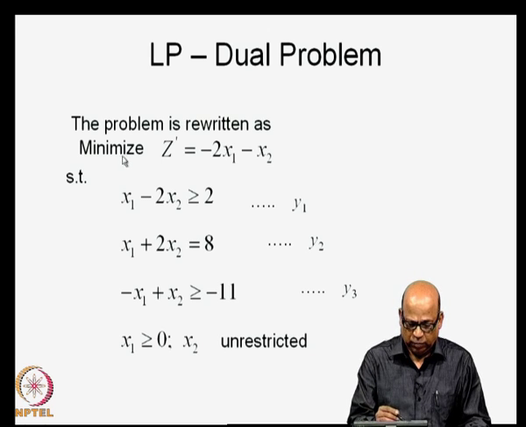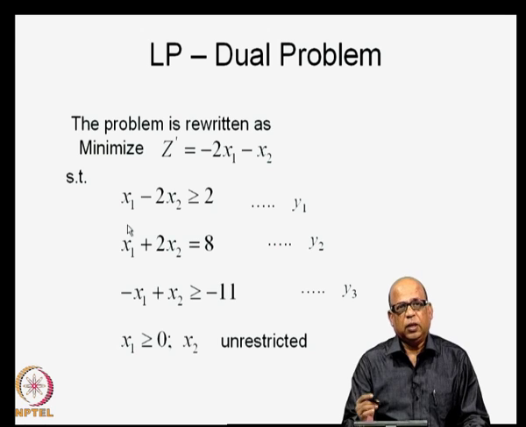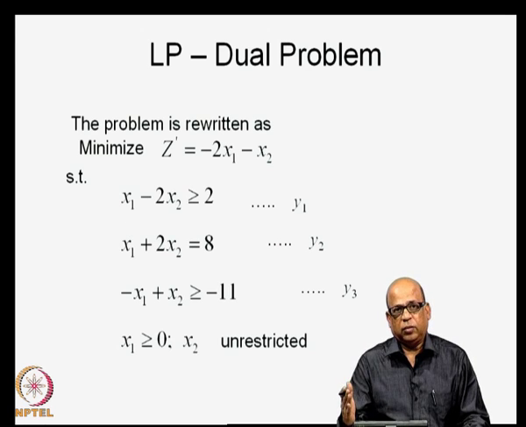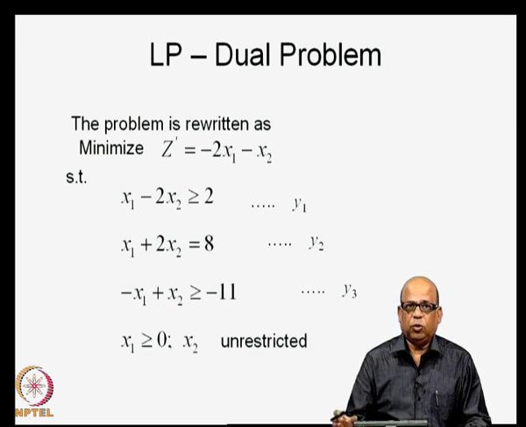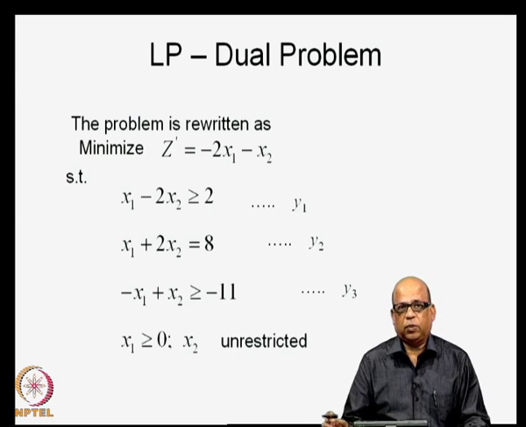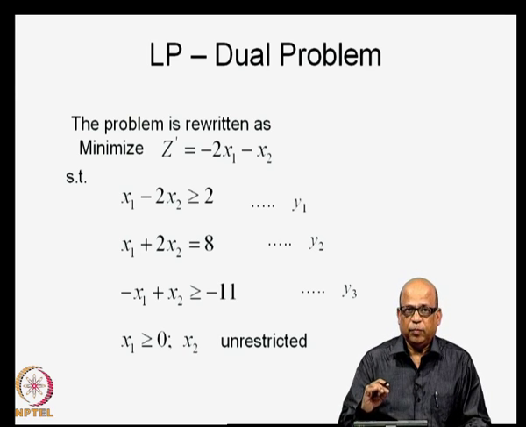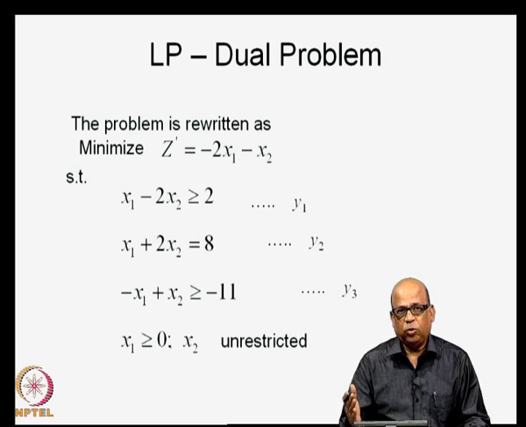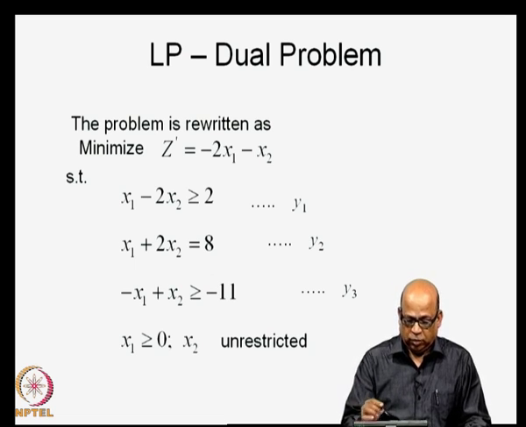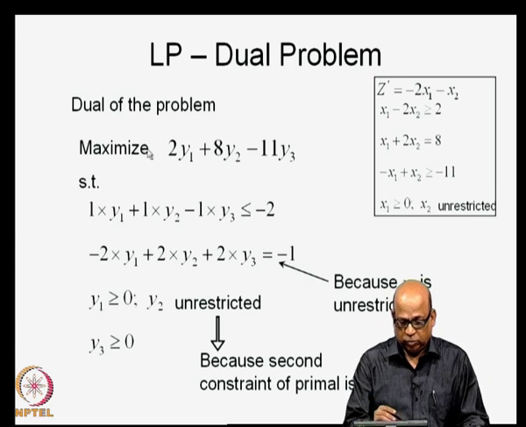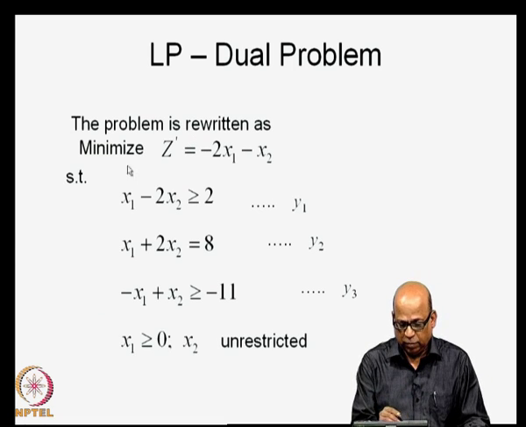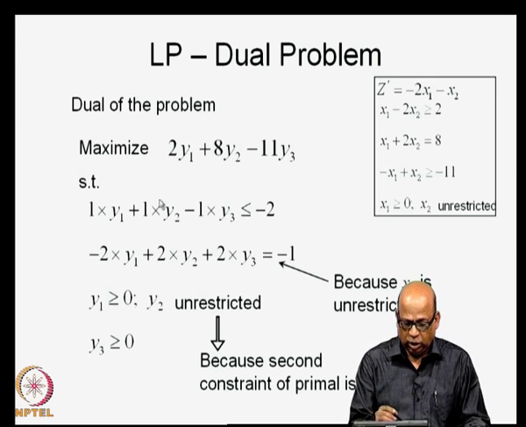And then it is minimization with all greater than or equal to. So, what will be your objective function? The objective function will be maximization. All the constraints will be less than or equal to constraints, and variables will be either greater than or equal to 0 or unrestricted in sign. We will write this now. So, dual of the problem, this is a primal problem now, minimization is the primal problem. The dual problem will be,